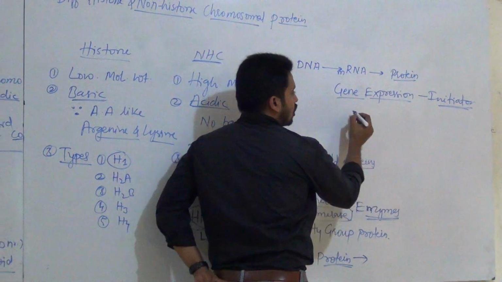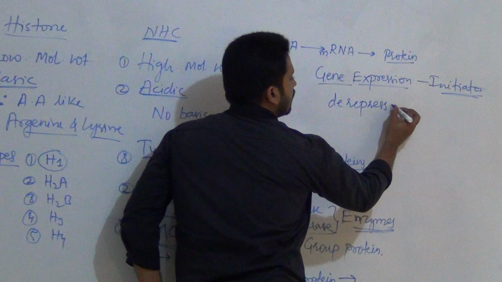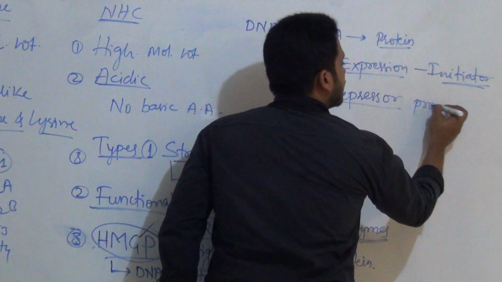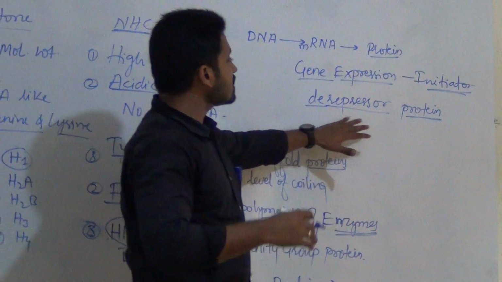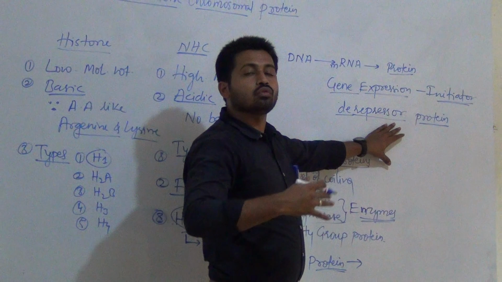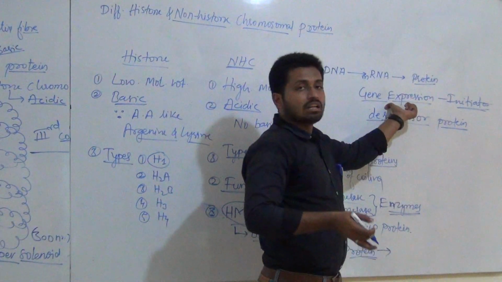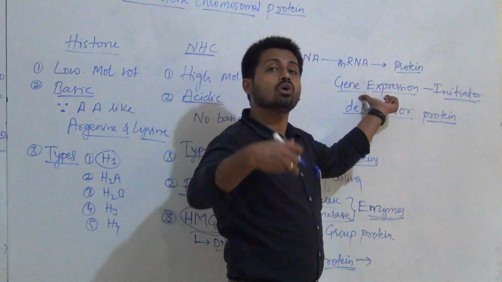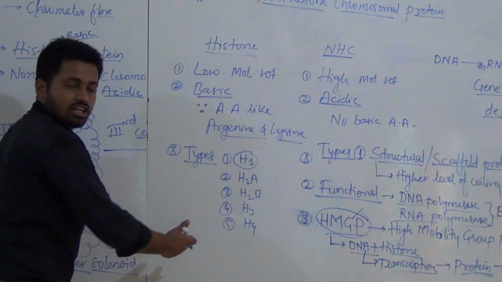or you can call them de-repressor protein. Because what it is doing? It is allowing the transcription to take place. It is taking part, or it is causing the initiation of gene expression to start, whereas histone, it is holding